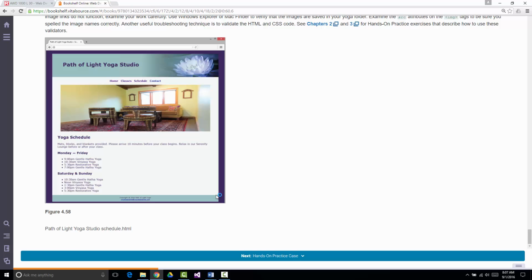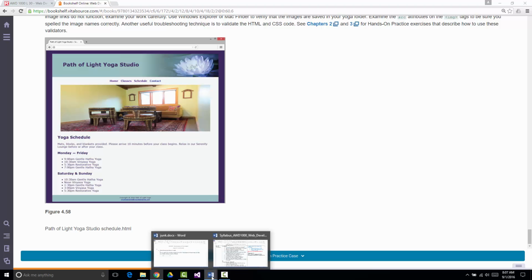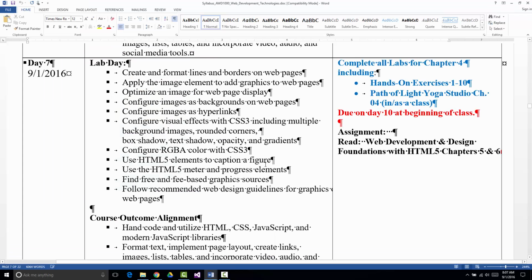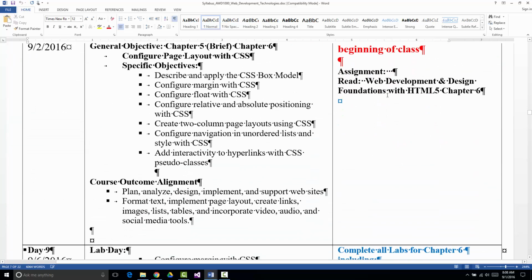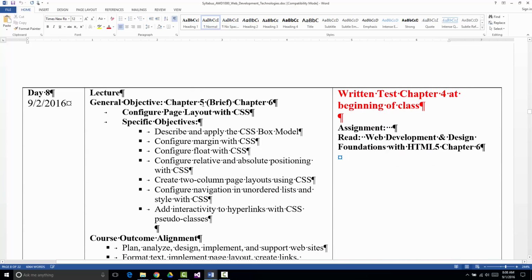Now, if you do look at your book, or if you look at your syllabus, what you'll see in there is tomorrow it says that we're going to have the test, and then I don't know if it's Monday or not, so let's see, I brought it up here. So today, you have time to complete the labs. We're doing the Path of Light. Tomorrow, it says that after the written test, I'm going to lecture on chapters 5, brief,